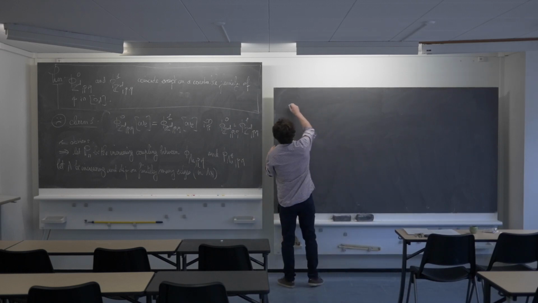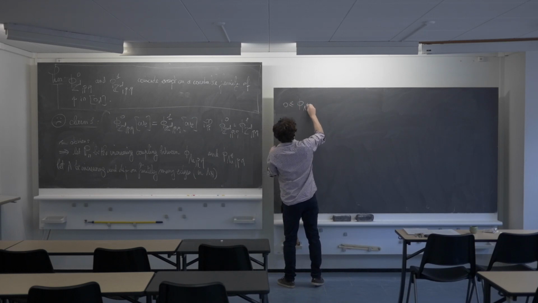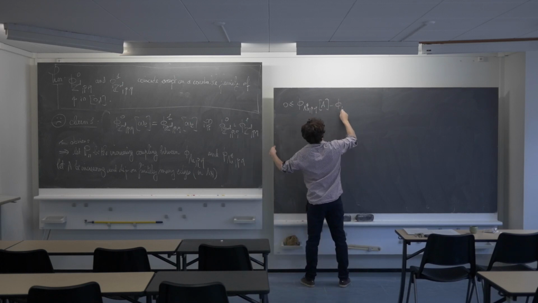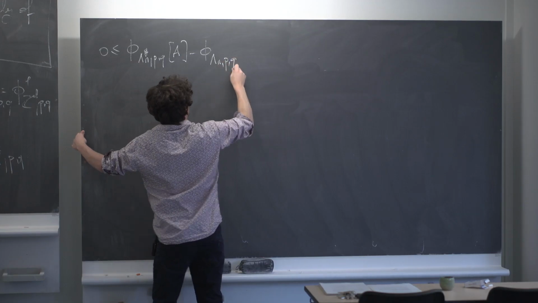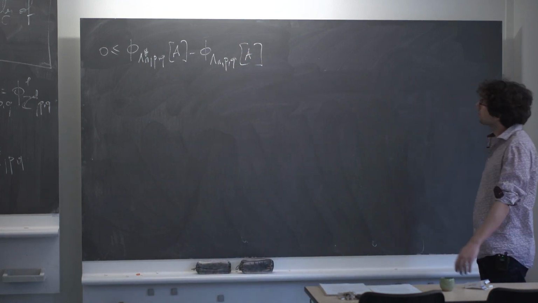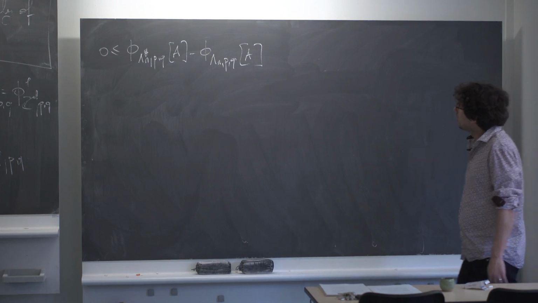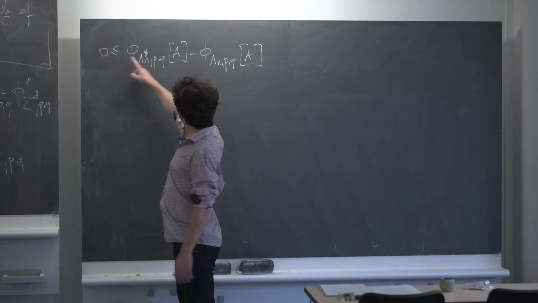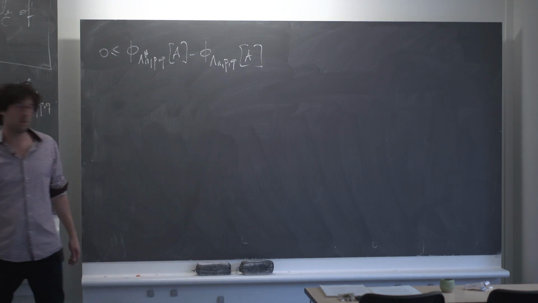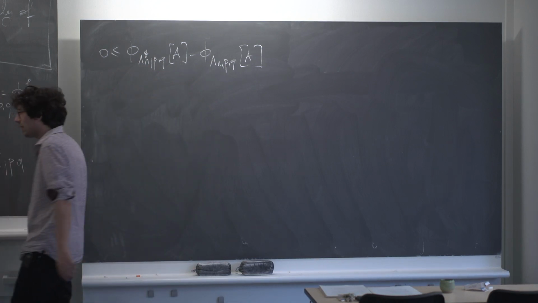So if I look at phi lambda n ghost PQ of A, and I subtract phi lambda n PQ of A, this inequality is simply due to the fact that this measure stochastically dominates this one,